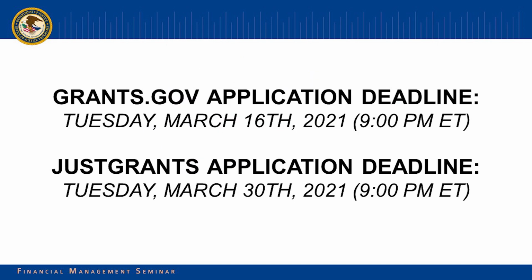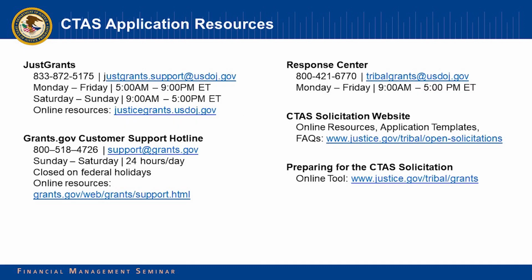A reminder for this year, with the two-step application process, the first part must be submitted in grants.gov by March 16th by 9 p.m. Eastern Time. And the full application must be submitted in Just Grants by March 30th by 9 p.m. Eastern Time. Again, for any kind of technical assistance in submitting the full application in Just Grants, you can visit their website at